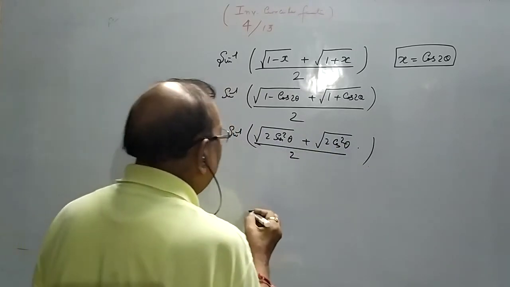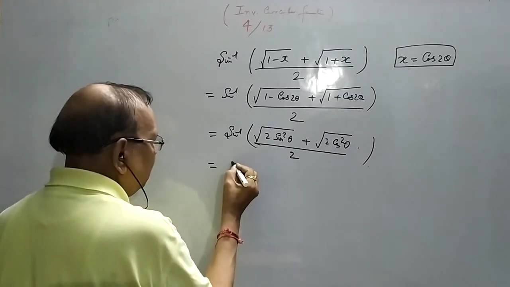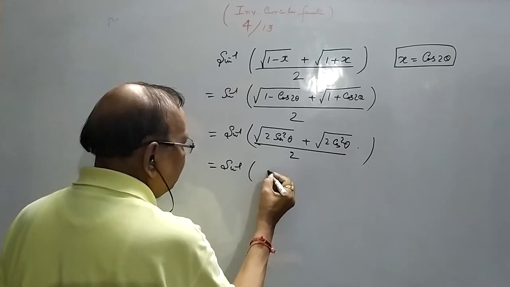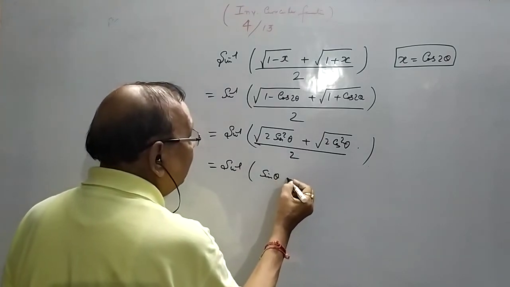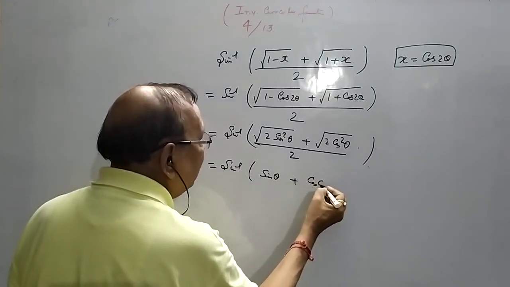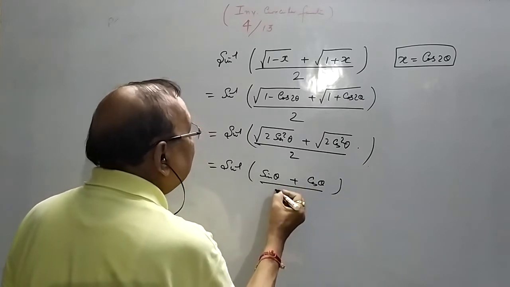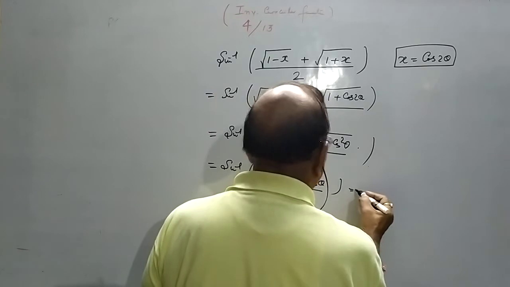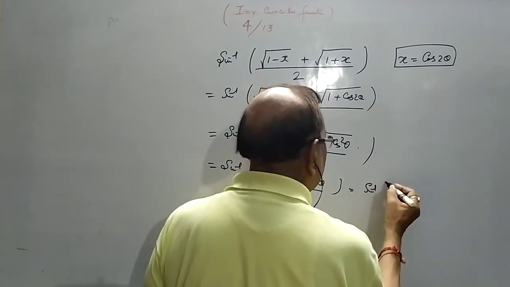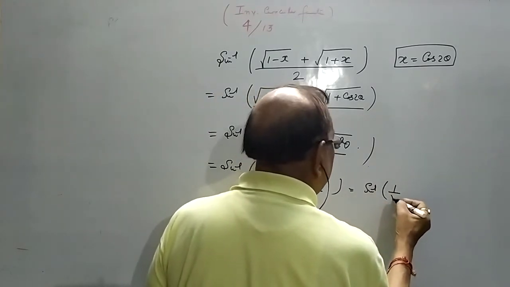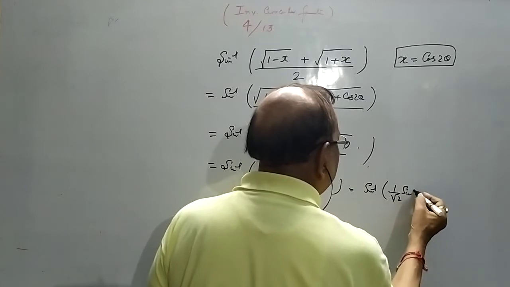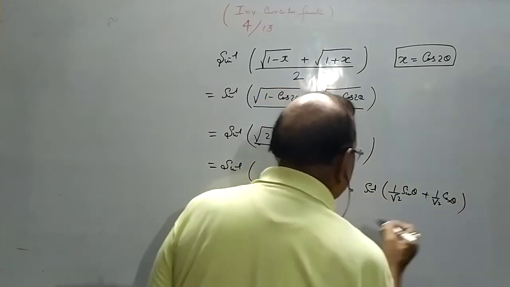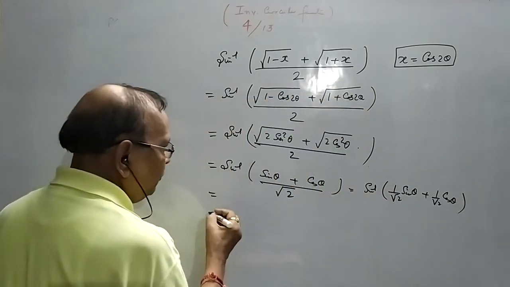That is equal to sine inverse sine theta plus cos theta divided by root 2, which gives sine inverse 1 by root 2 sine theta plus 1 by root 2 cos theta, which gives